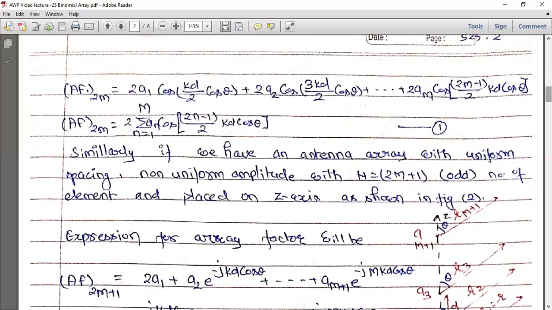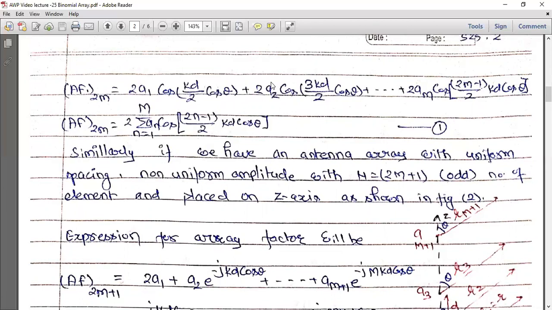as considered in designing this binomial antenna array. In this particular case, the array factor is given by 2 times the summation of n equals 1 to m of an cos of ((2n minus 1)/2) kd cos theta. When you start summing n equals 1 to m in the expression and adding them, you find again